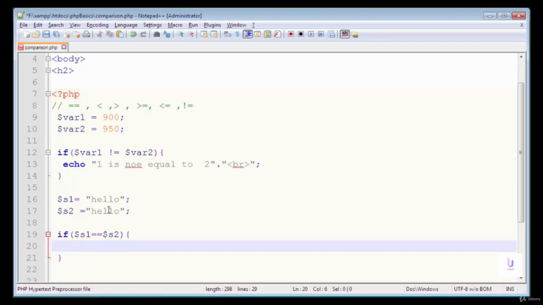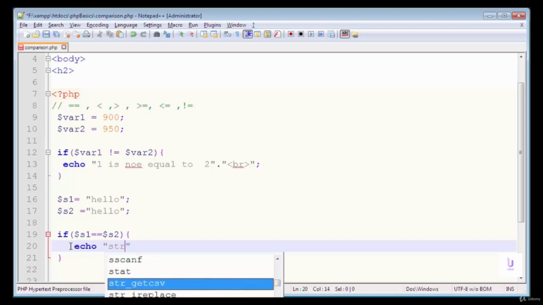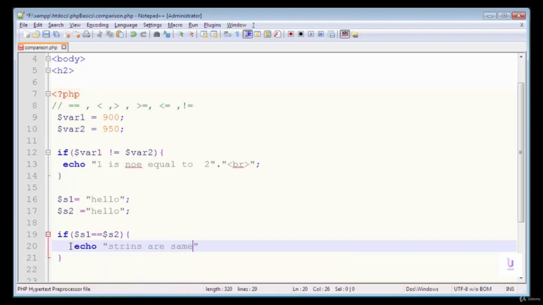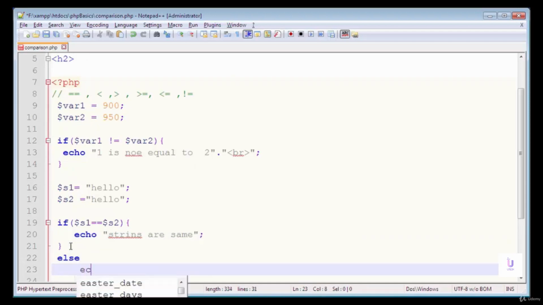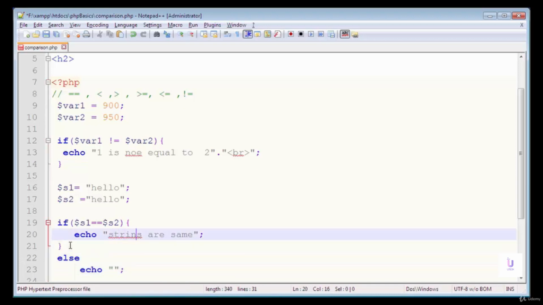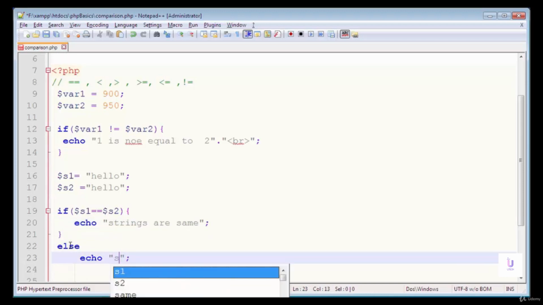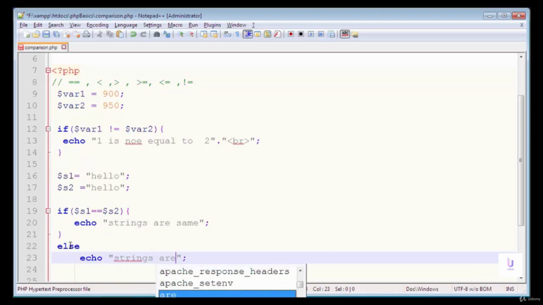If both strings are same, then what will be displayed on the web page? Echo strings are same, and else if the strings are not same, then the message will be displayed that strings are not same.